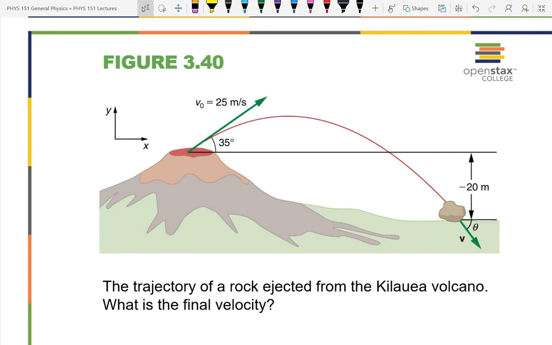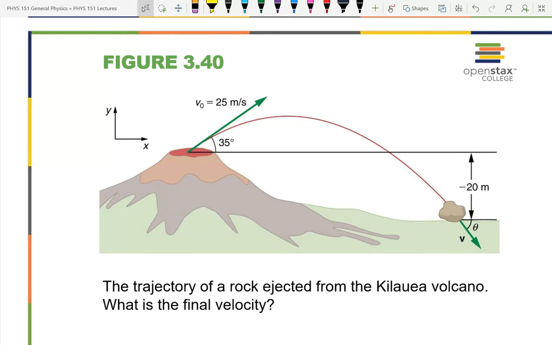But if there is a volcano, one of the things you do have to worry about is, hey, stuff shoots out. We call it ejecta. And so here we have a piece of ejecta. If you're close enough for that thing to hit you, it's bad times, right? So the problem gives us now the initial velocity. It has both the speed and the angle. And it tells us that it's going to land at some location 20 meters below the horizon and asks what the angle is going to be.